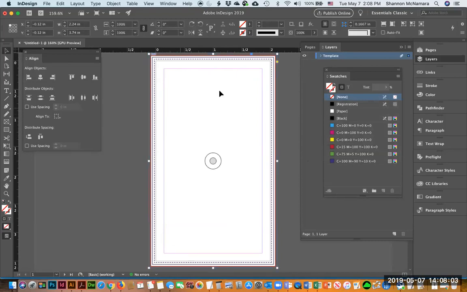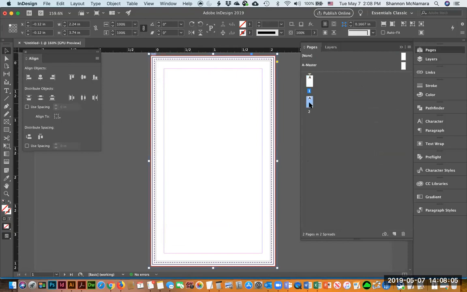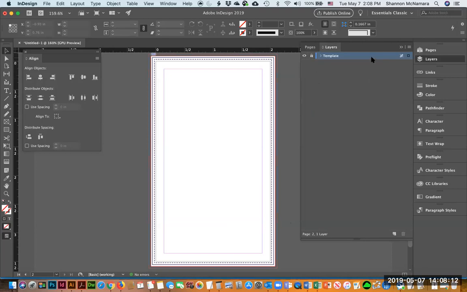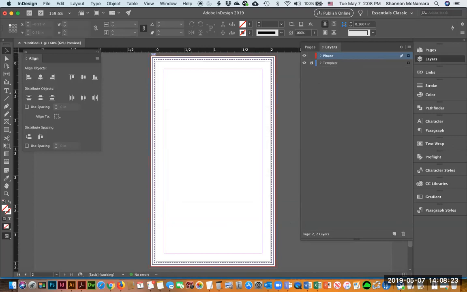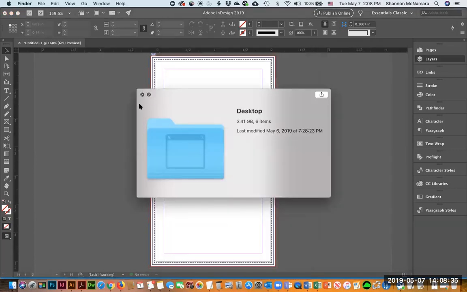All right, so I'm going to copy that, paste it on page 2. Go to my layers. I'm going to lock that layer. Make a new layer. And this one I'm going to name my phone layer. And I am going to go into, not my desktop,